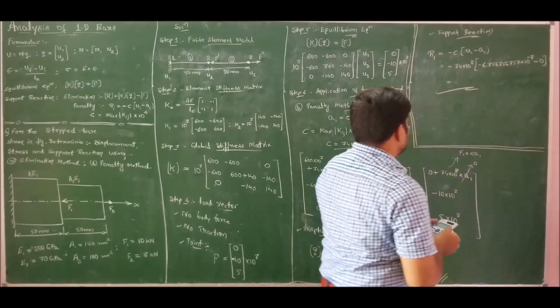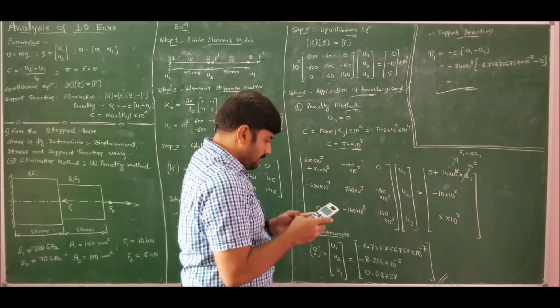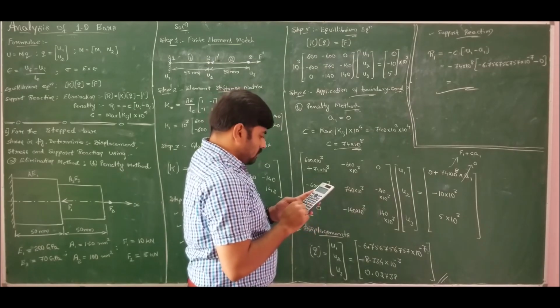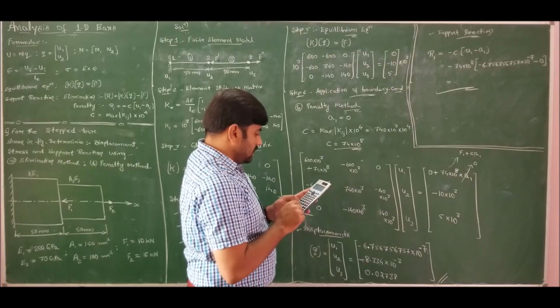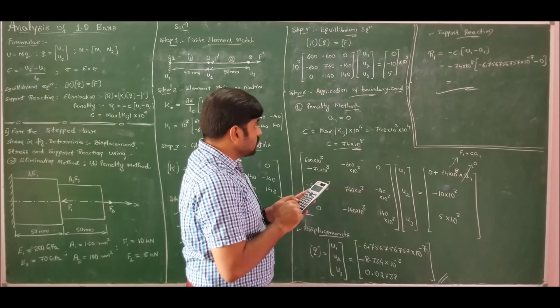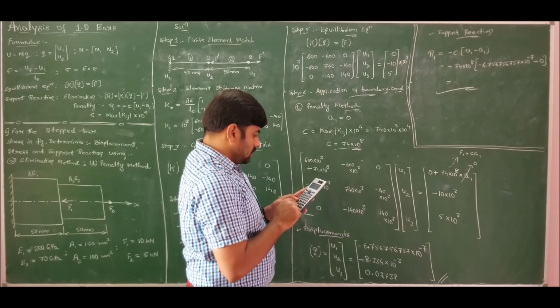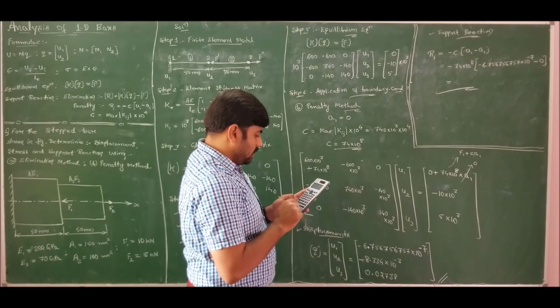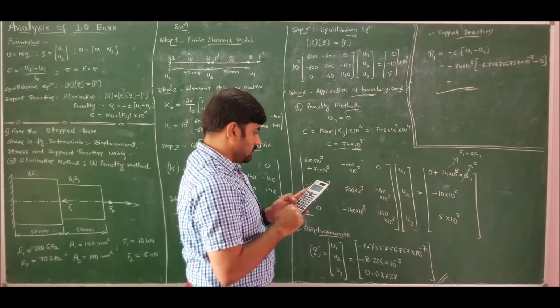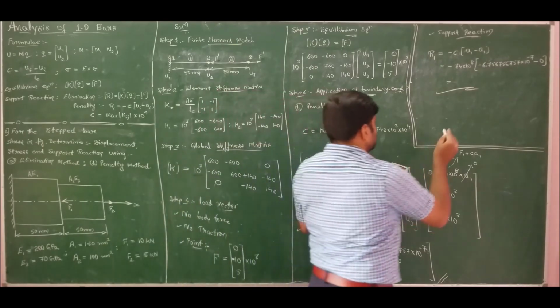So the support reaction turns out to be minus 74 times 10 to the power of 8 times minus 6.756757 times 10 to the power of minus 7, which is nothing but 5000